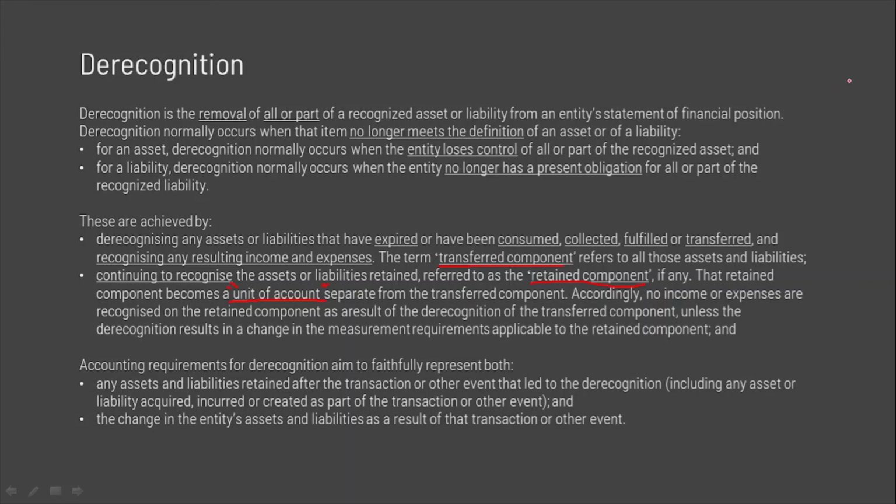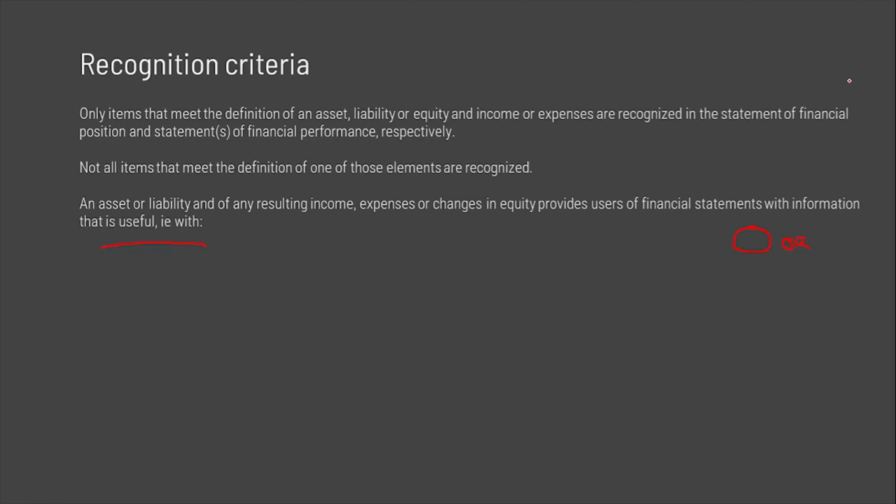So, what is transferred component? Derecognition is not appropriate if the entity retains substantial control of a transferred asset. In such case, the entity continues to recognize the transferred asset and recognizes any proceeds received from the transfer as a liability. If there is only a partial transfer, the entity then derecognizes only that transferred component and continues to recognize the retained component. So take in mind again, guys, that for every account,